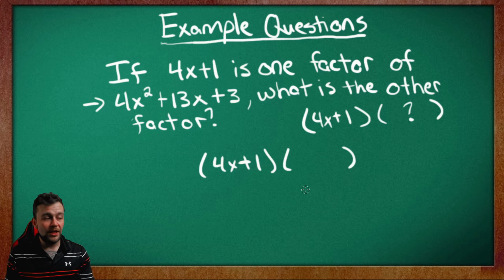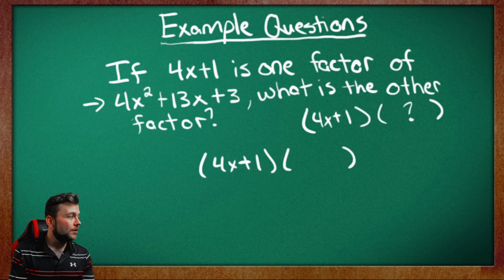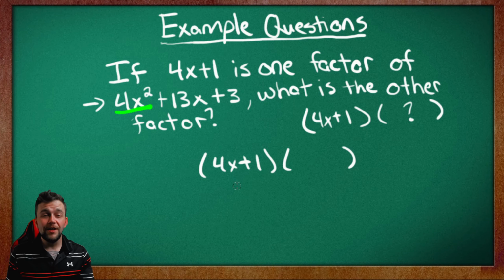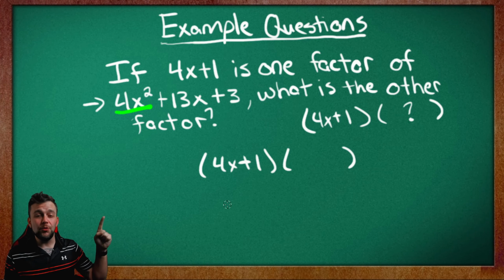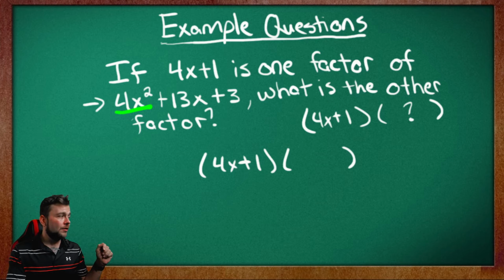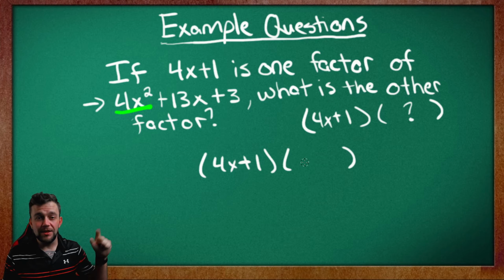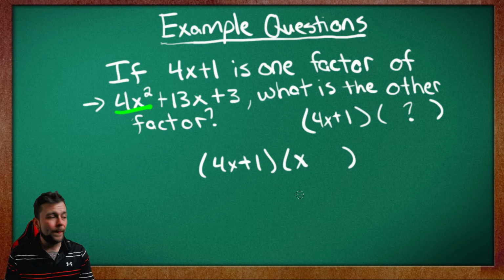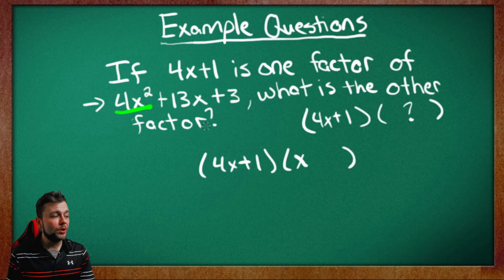So the same thing still applies. Your first term, how did we get our first term? What times 4x gives us 4x squared? How do we turn that x into an x squared? How do we turn 4x into 4x squared? We multiply it by an x. Okay? Then we have to multiply two numbers that will equal,